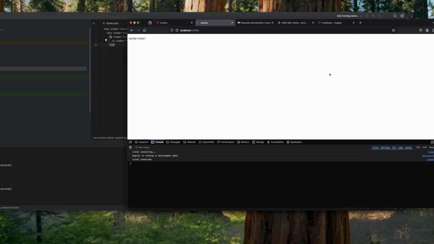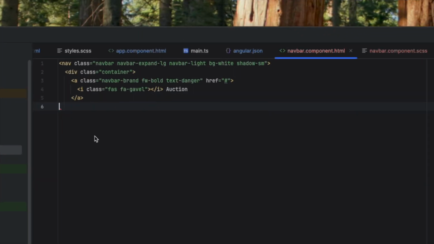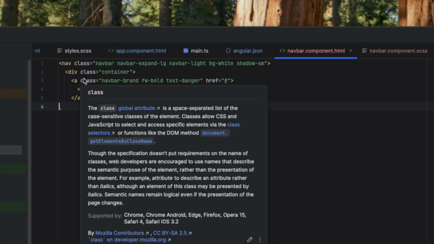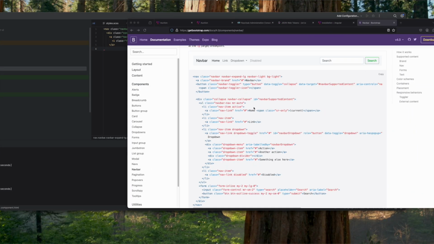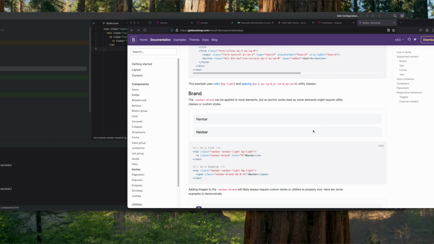Let's see what happens. So we got a link that says Auction, and it's inside the div class container. All right, so this is where I got my navbar, the full navbar. You can see that it's got some sort of icon here,